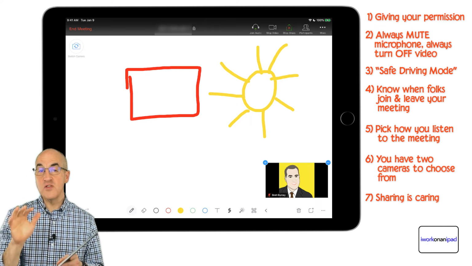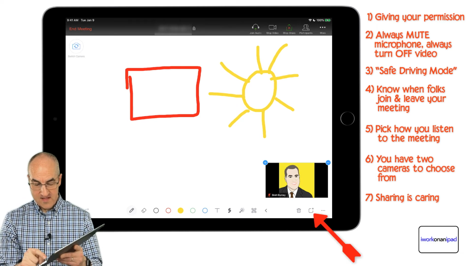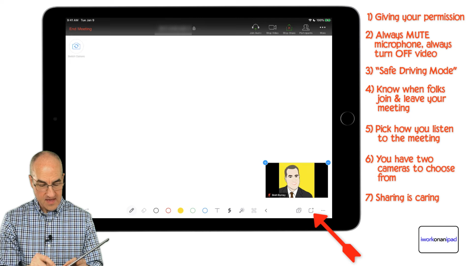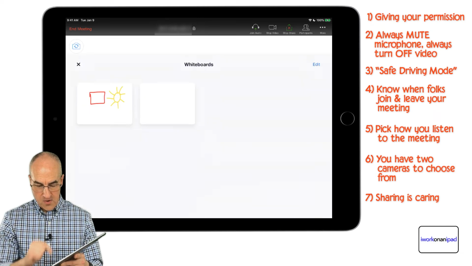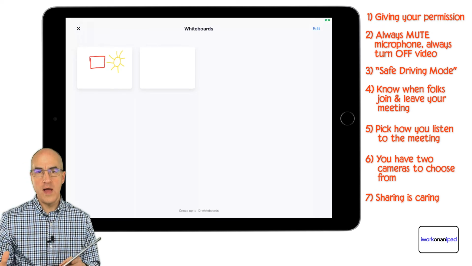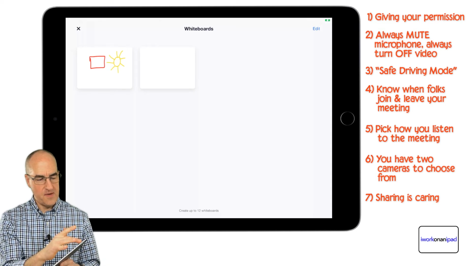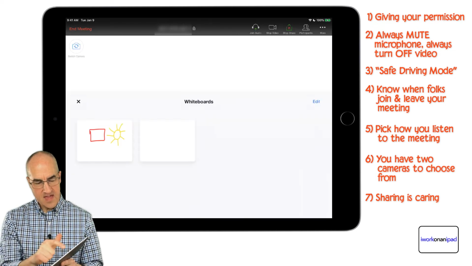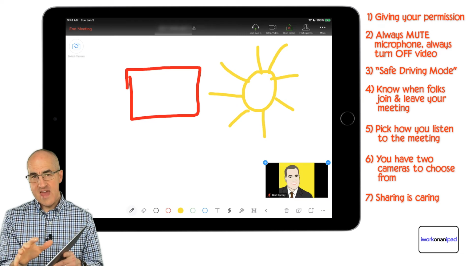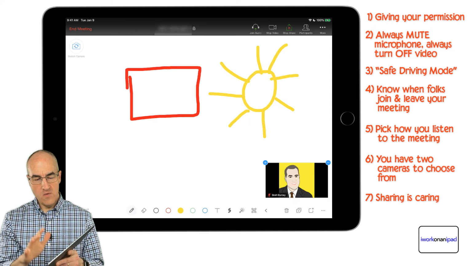You can actually have up to 12 whiteboards. Click this little plus symbol down at the bottom, and then that little 2 next to it shows you all of the whiteboards that you might have available if you want to delete one or jump to a specific page. Now, the other thing I would say in this is if you want to save this whiteboard, don't stop